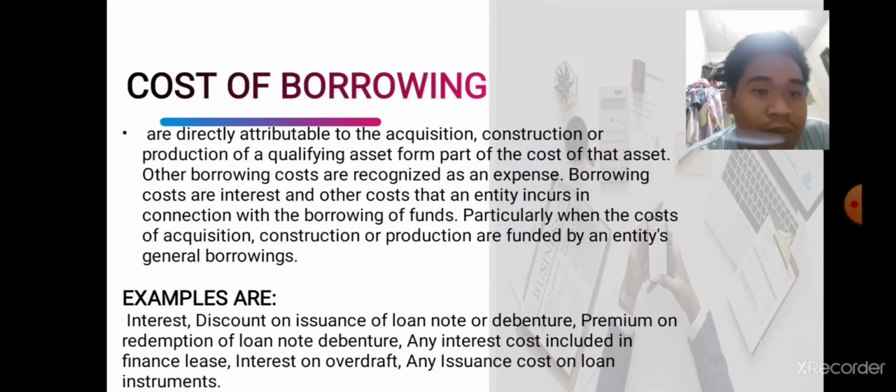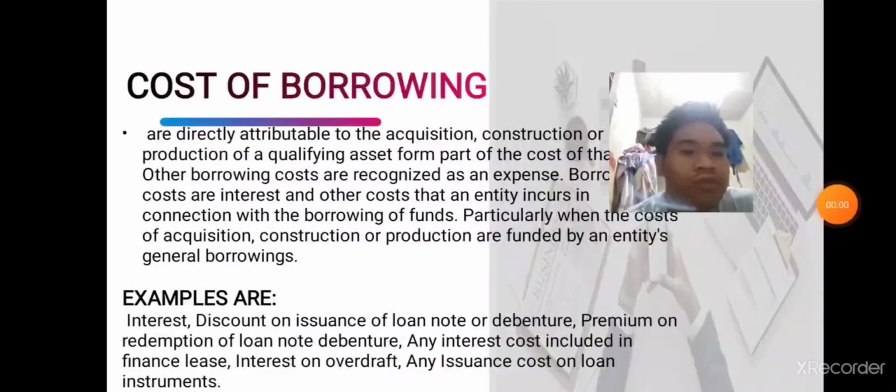Costs of borrowing that are directly attributable to the acquisition, construction, or production of a qualifying asset form part of the cost of that asset. Other borrowing costs are recognized as an expense. Borrowing costs are interest and other costs that an entity incurs in connection with the borrowing of funds, particularly when the costs of acquisition, construction, or production are funded by general